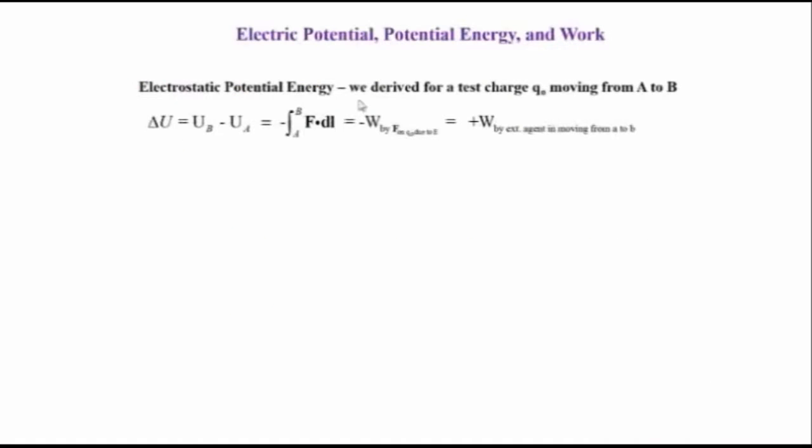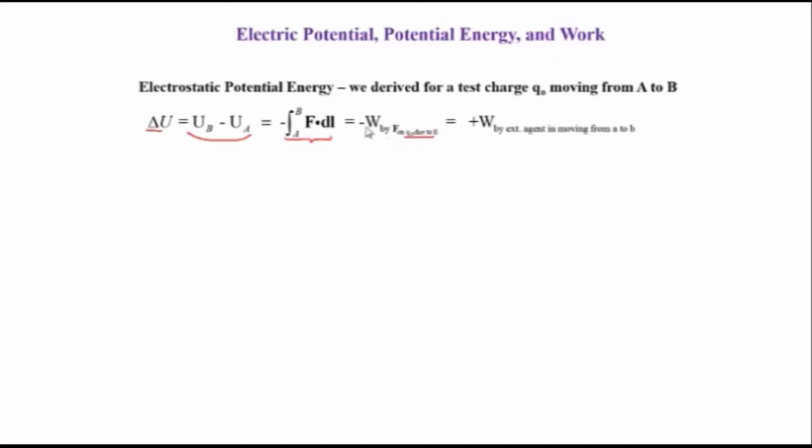We derive for a test charge the potential energy in terms of work. And so that's where we want to get the electric potential, the potential energy, and the work tied together. Here's the change in potential energy. This is an equation which we worked on before. If we're going from A to B, then the potential energy at B minus the potential energy at A is given by this integral. This integral right here is the work done by the electric force on Q0